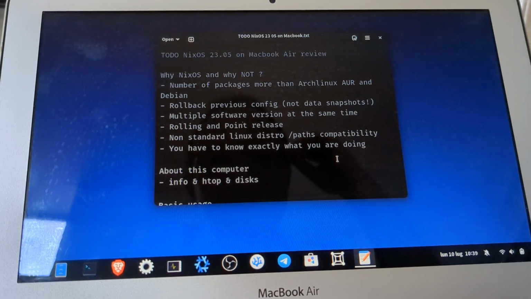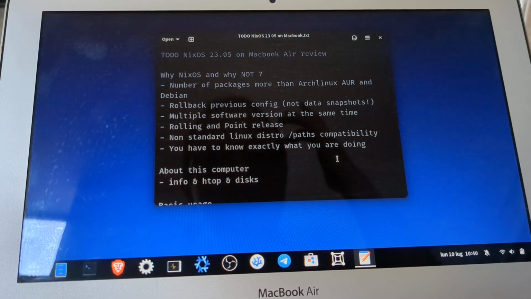NixOS can be a rolling release, like Arch Linux, but it can also be used as a point release. So it's very interesting if you want stability or if you want the latest software available.